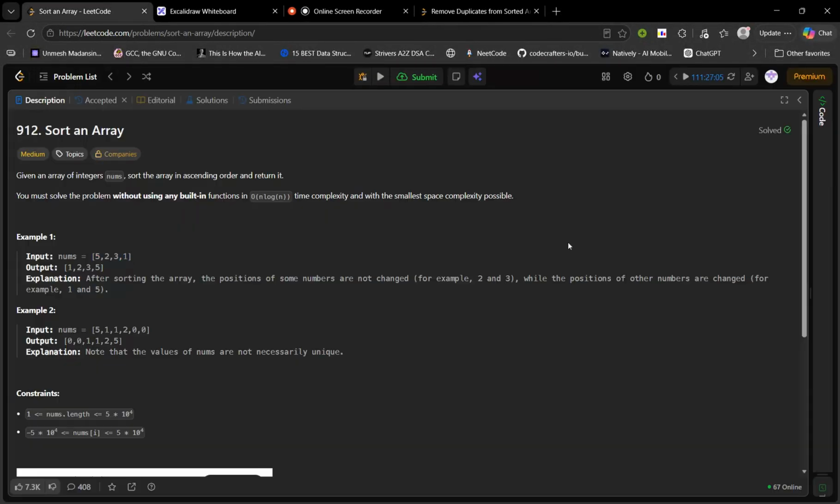Hello everyone, this is day 4, problem 1 of our LeetCode activity. Given an array of integers nums, sort the array in ascending order and return it. You must solve the problem without using any built-in functions in n log n time complexity and with the smallest